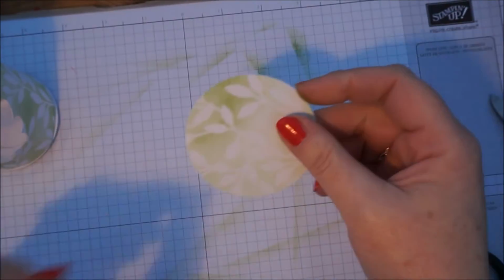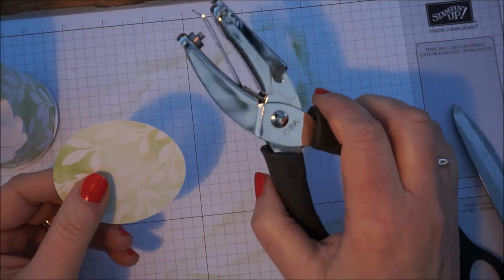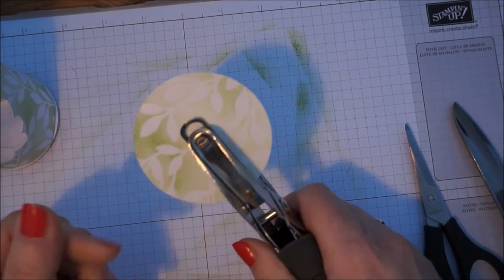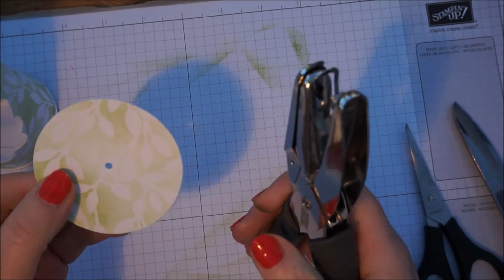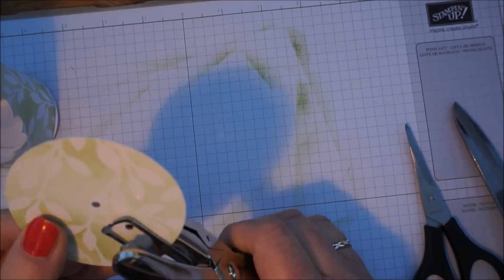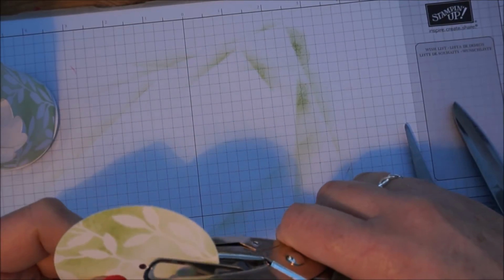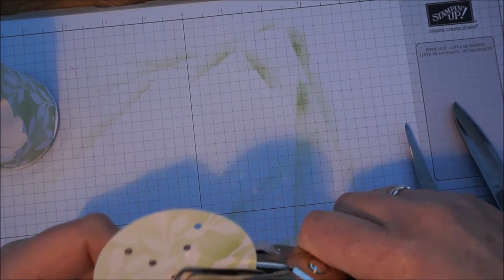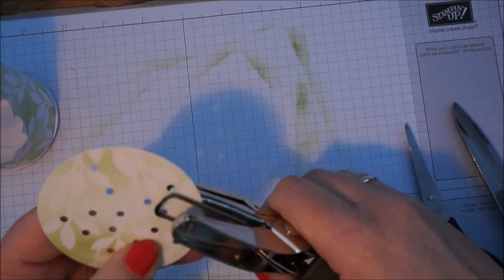So we're just going to make the lid, and I'm using the 1/8 hole punch. And first of all, I'm going to make a hole in the middle of the second circle, right in the middle, so that will take our twine. And then in order for the smell of the potpourri to come out, I'm just going to fairly randomly, although there is some sort of pattern appearing here, make holes